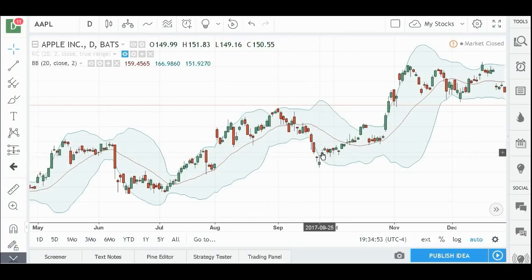What's good about that method, waiting until it closes above the lower band, is that now you've got a little bit of confirmation that at least it's not in a downtrend anymore. If you buy it right after it closes below the bottom band, then the problem with that is you might be catching a falling knife. You're buying it while it's falling, sometimes when it's falling fast. Whereas if you wait until it closes below and then closes above the bottom Bollinger Band, then at least you've seen a change in direction.